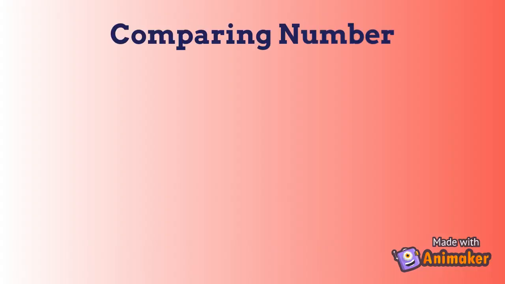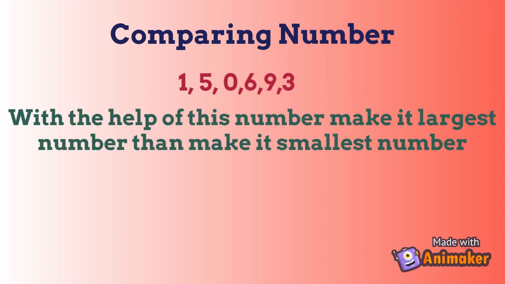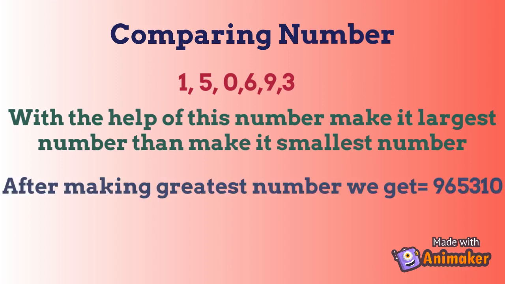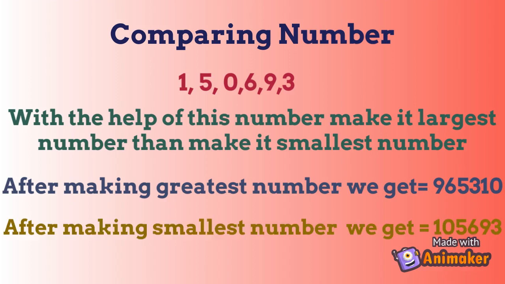Now we will understand comparing numbers. Here I have given a number, 150,693. With the help of this number, you have to make the largest number and the smallest number. After making the largest number, we get 965310. And after making the smallest number, we get